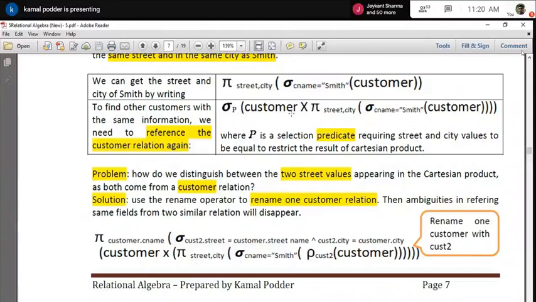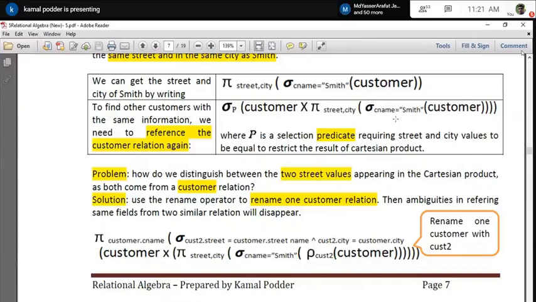So I have to write some predicate to restrict that result. This is basically the condition which we are going to write. But the problem is, how can I write that, because I have to refer to both the city and street and both have the same name. So naturally the question is coming, how can I resolve this?